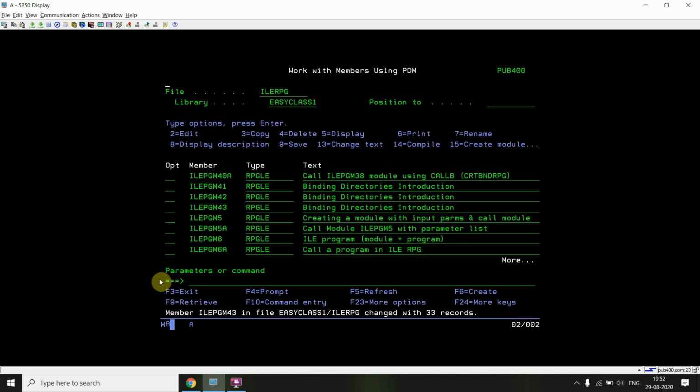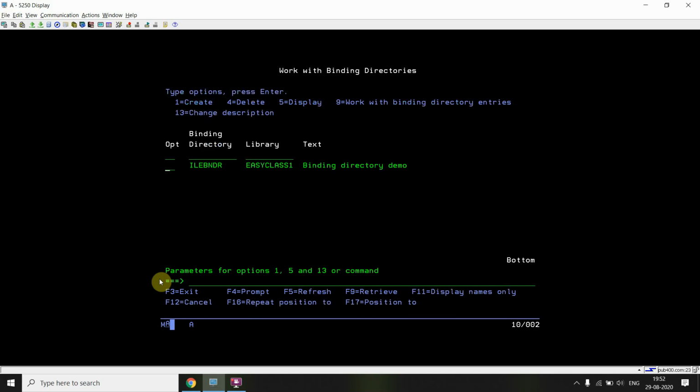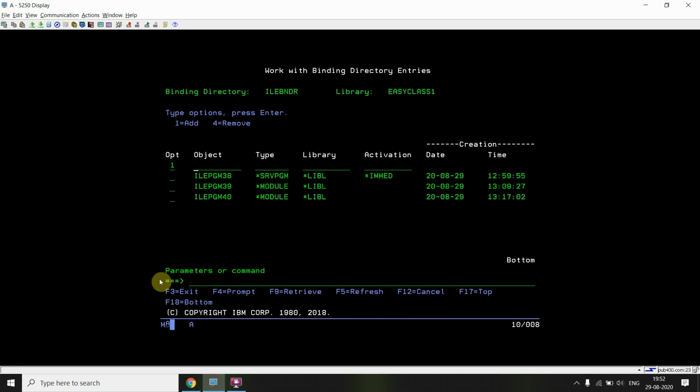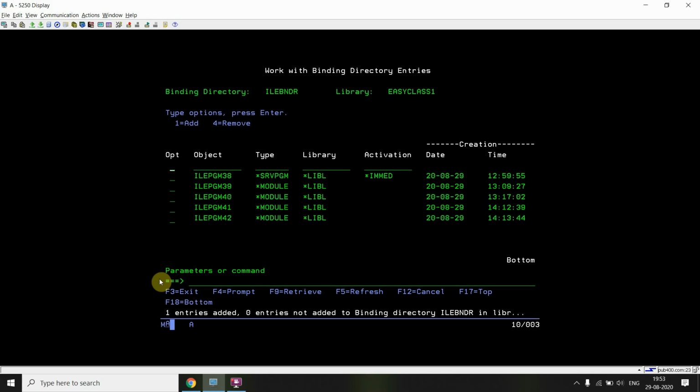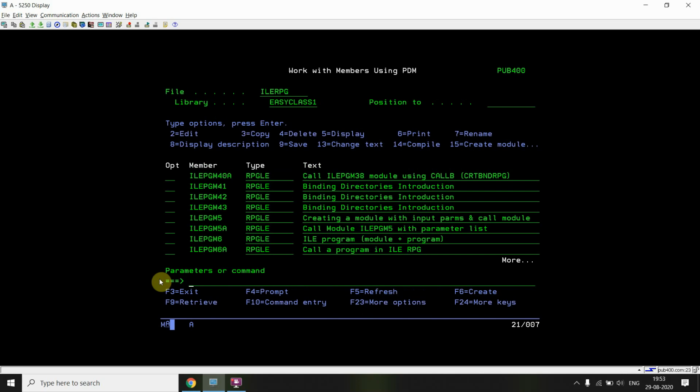First, I do WRKBNDDIR ILEBNDR, then option 9 to add entries: ILEPGM41 *MODULE and ILEPGM42 *MODULE. So I have added the entries for those two modules having the sub procedures add and subtract.